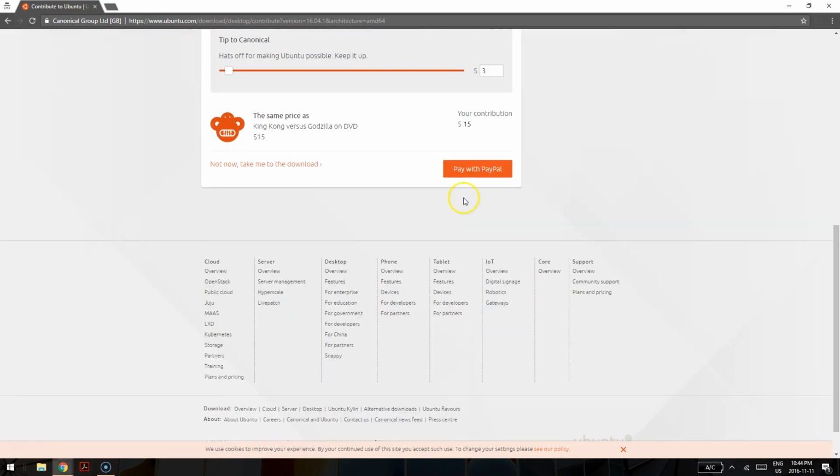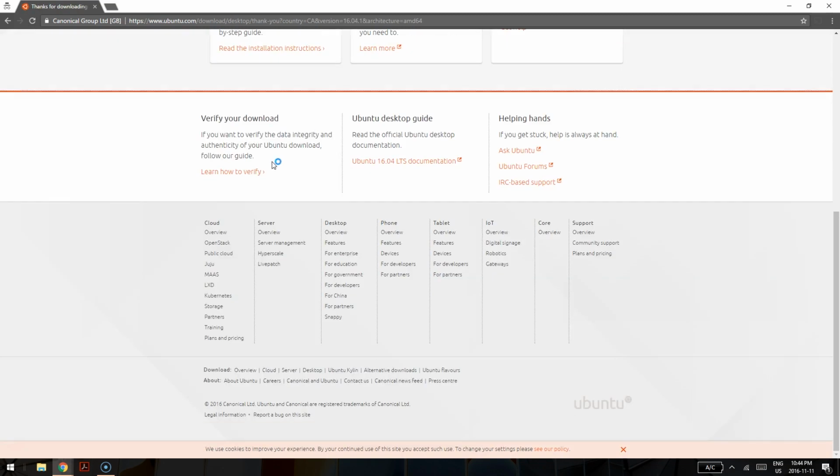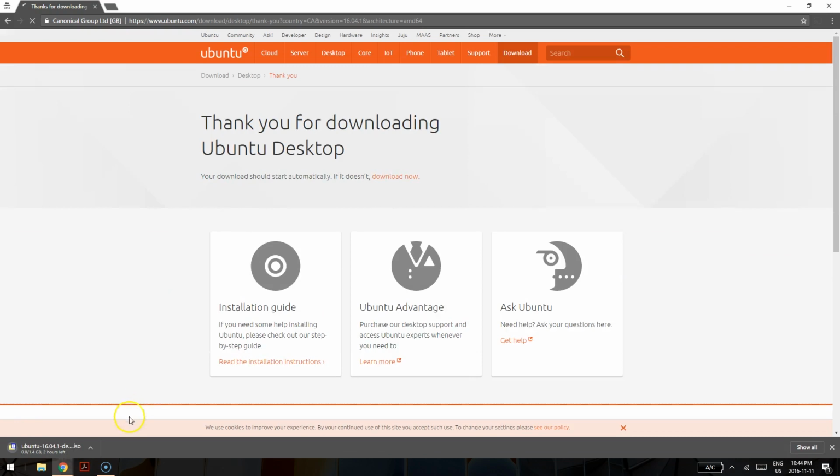And once you've downloaded it, you can donate if you want, or not donate. That's up to you. And you'd basically just download an ISO. And once you got your ISO,